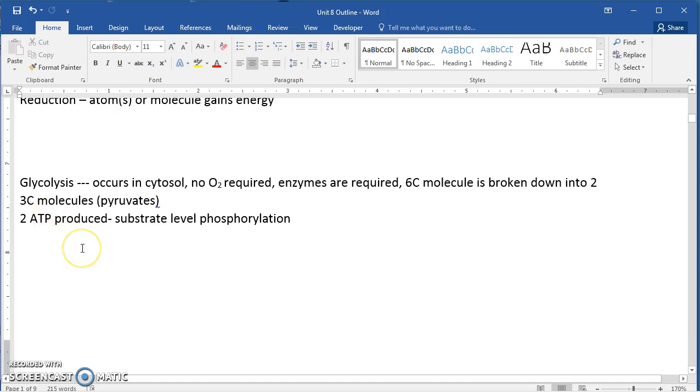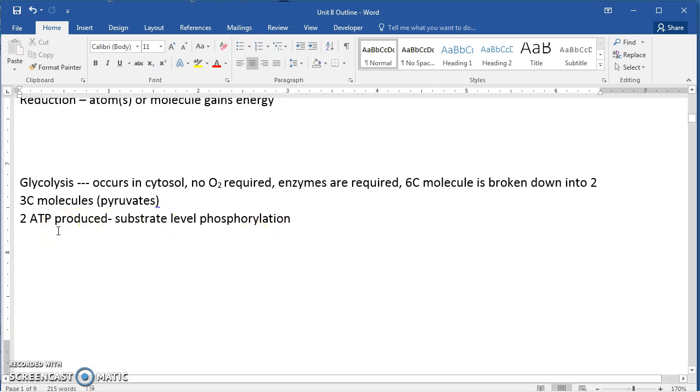The process of glycolysis will have a net production of 2 ATPs, and those ATPs are produced by what's called substrate level phosphorylation. Remember, phosphorylation can be the forming of ATP or the breakdown of ATP, putting phosphate groups on or taking them off. Here we're talking about putting them on. And it's substrate level because